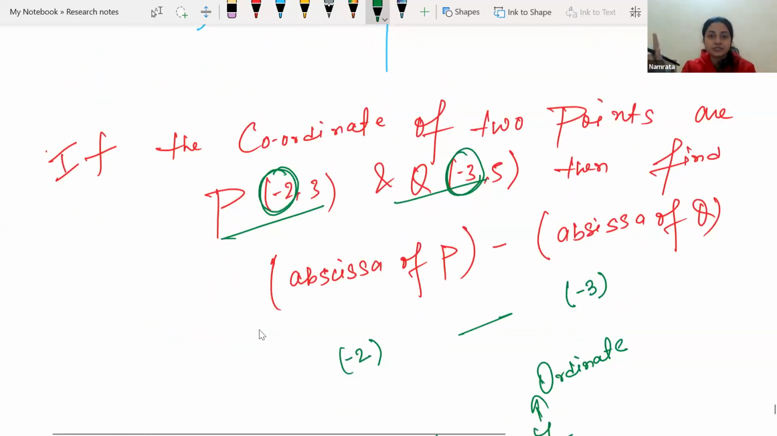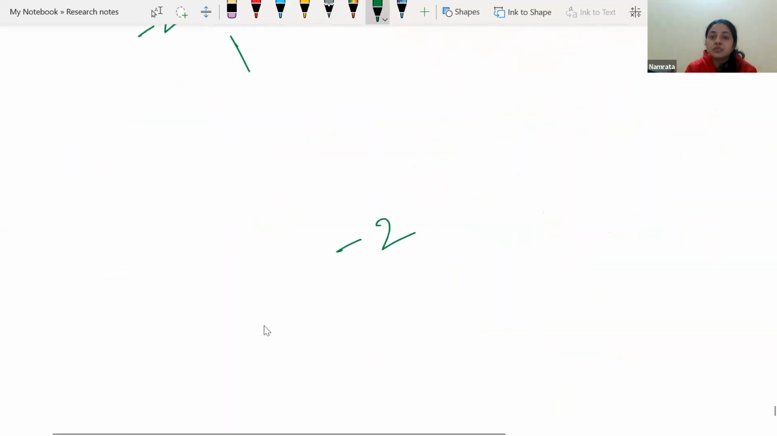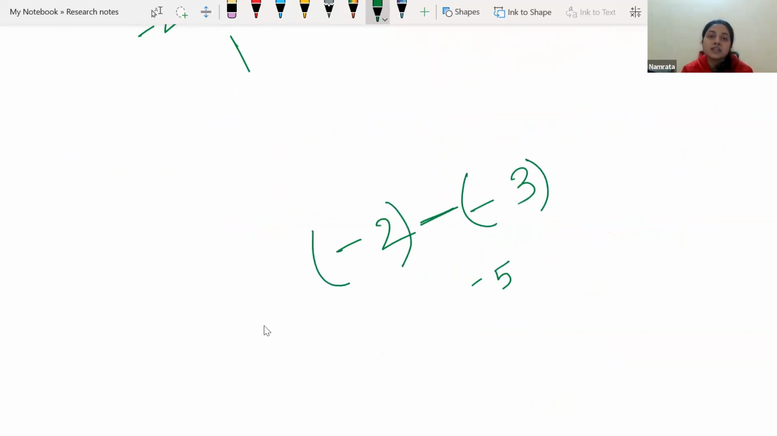Abscissa of P minus abscissa of Q. Abscissa of P is -2, abscissa of Q is -3, and in between both there is a subtraction sign. We have to write both the numbers in brackets. Then and only then you will avoid the mistake. If you don't write the brackets, -2 -3 directly, you will end up making a mistake, getting -5 as your answer. But be careful, this is just an abscissa, and in between there is a minus. This minus minus will become plus, and then we will get our answer as 1. All right. Okay, so I am keeping it at this much, and in the next class